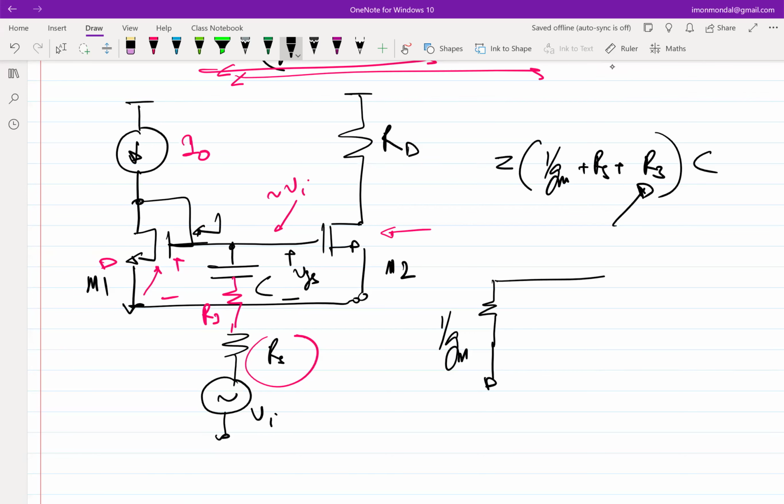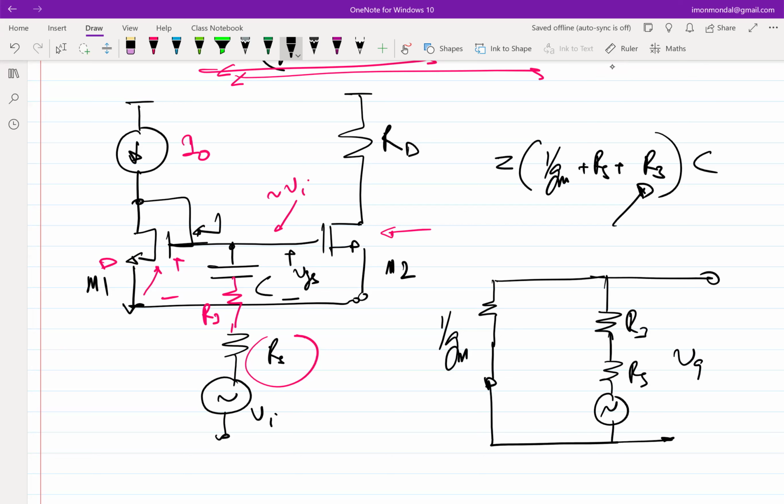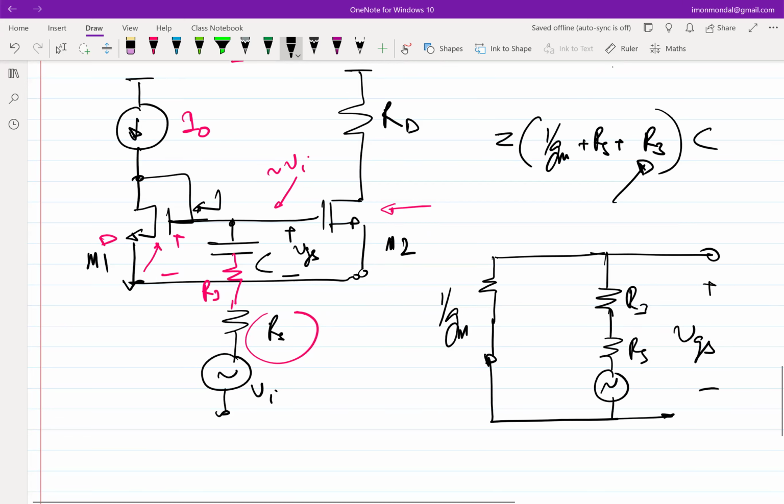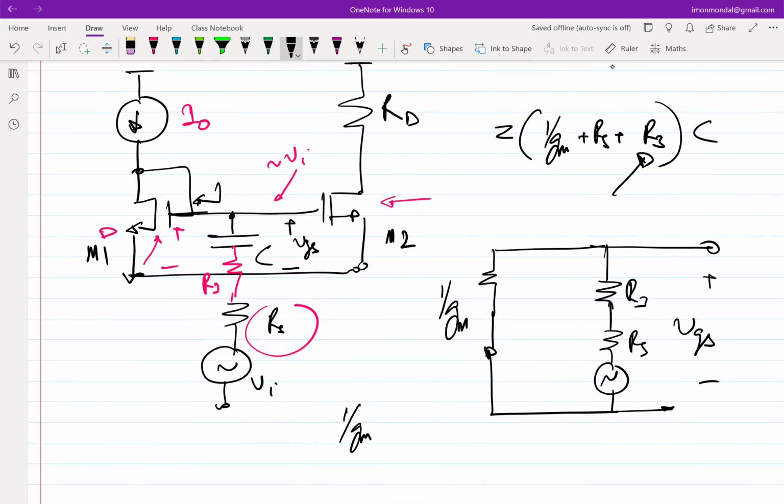Then the capacitor is a short circuit. Then you have R3, then you have RS, then you have Vi. And here, this is what the VGS is. So what will be the VGS? Your VGS will essentially become 1 over Gm by 1 over Gm plus RS plus R3 times Vi. And this can be a potentially very small value if you make R3 really large. So putting R3 in the loop achieves the time constant objective, but it doesn't achieve the objective of Vi